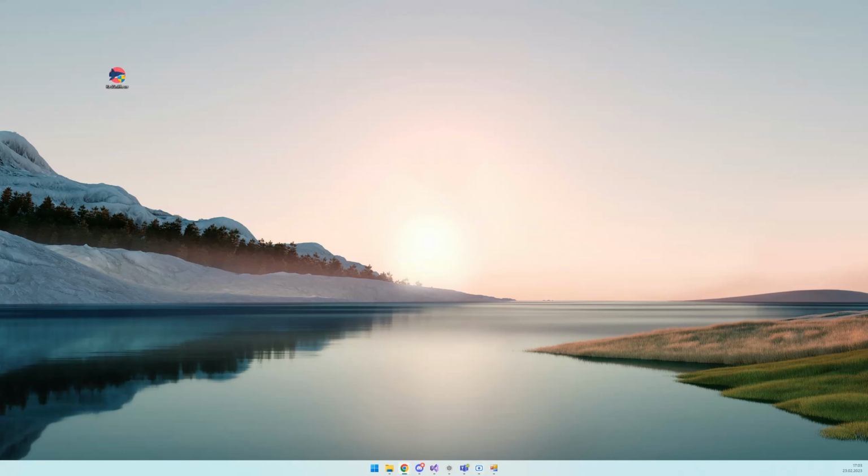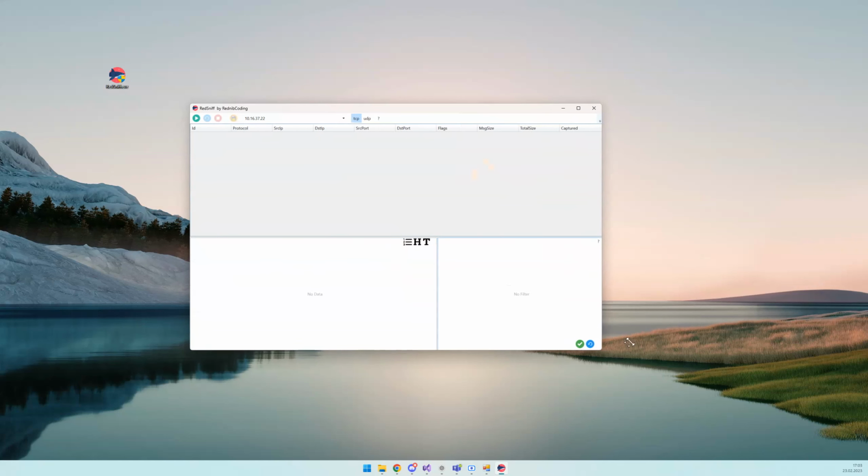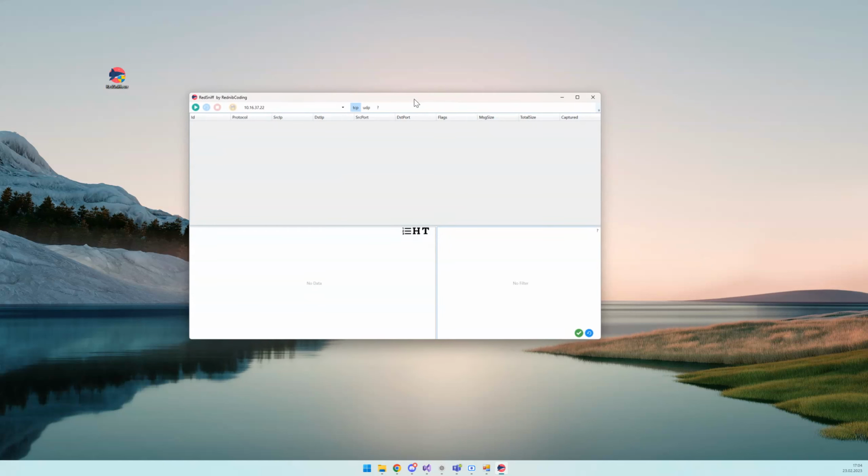Yeah, I wanted to give a quick overview of the game packet sniffer RedSniff. And yeah, let's see what it is. RedSniff is basically an easier version of Wireshark, I guess, where you can sniff network traffic, but specifically designed for games, I think. Why for games? Because